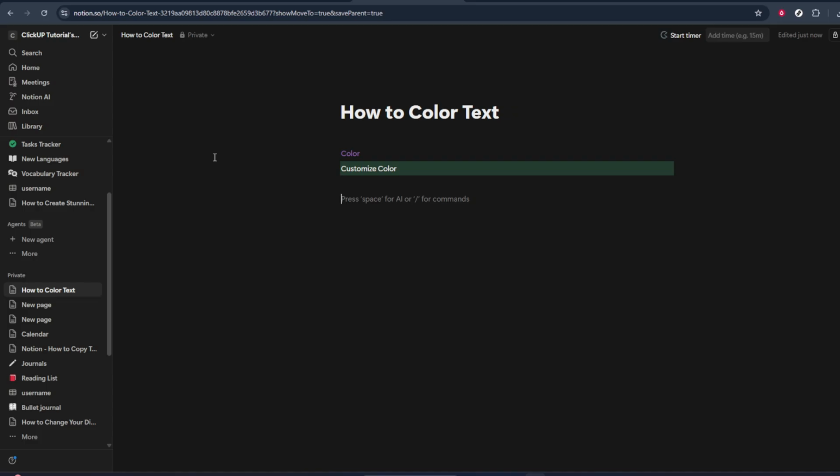And that's it. By highlighting your text, opening the extra options, clicking on colors, and selecting the shade you like, you can quickly customize text color and make your content clearer, more organized, and more